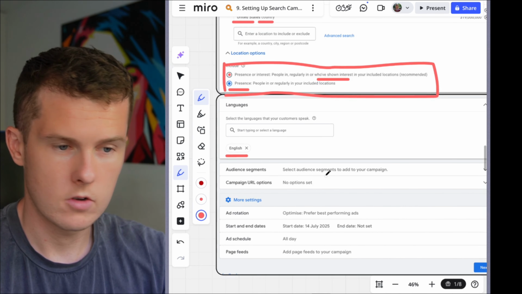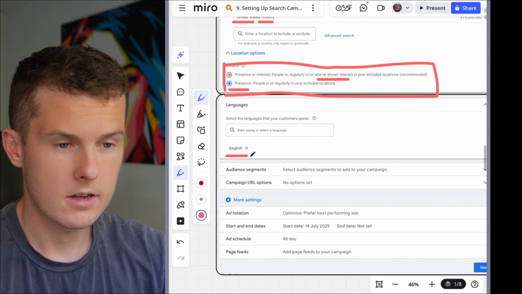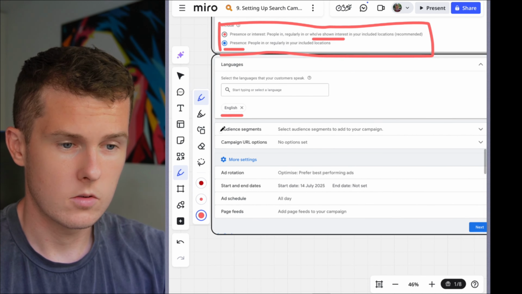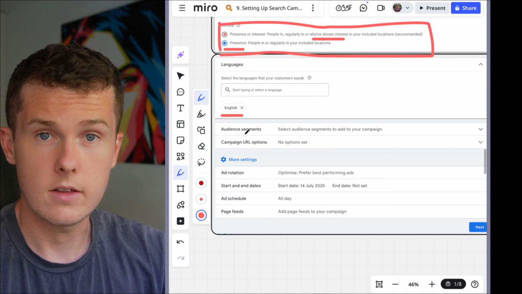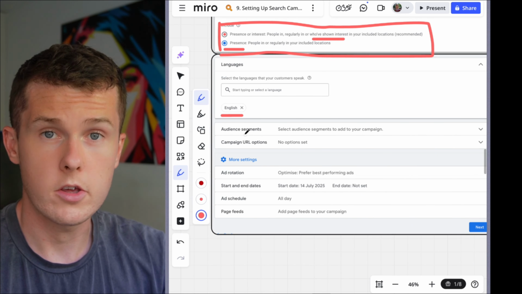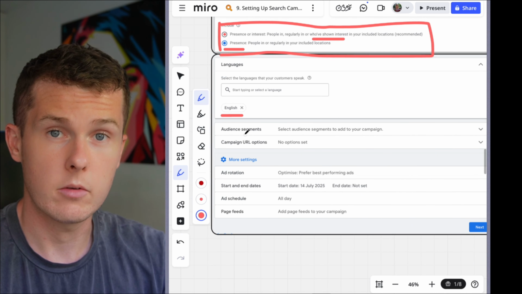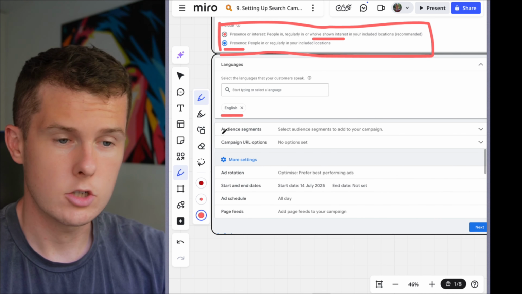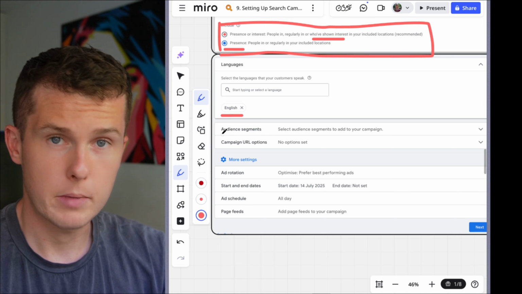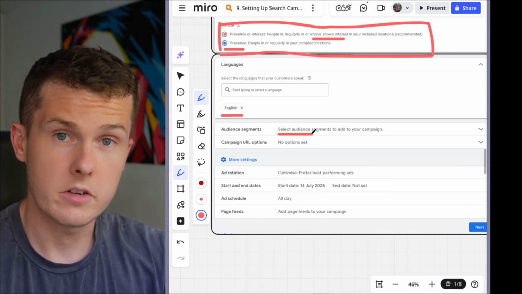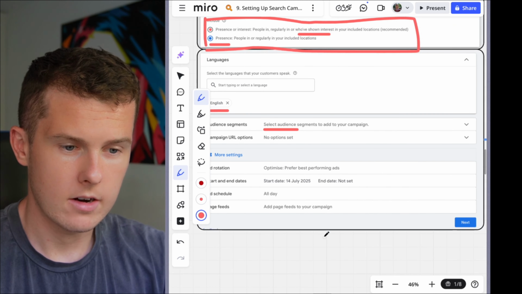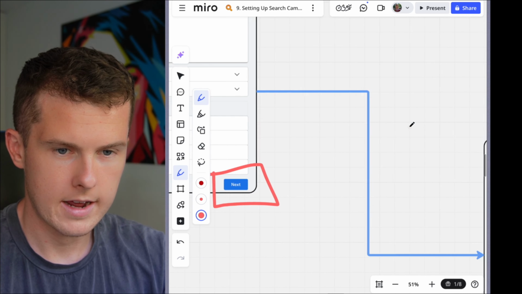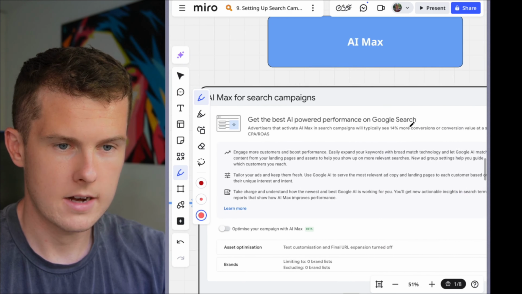Languages is next, so unless you want to serve maybe in Spanish as well, just set the default to your target location. So we're moving on to audience segments. You can either target people directly or you can just have audience segments in the background so you can observe performance within individual segments. You don't have to choose any audience segments, you can leave it blank, and in that instance that's what we're going to do now. And beyond that then, everything here I have set up at default settings. I'm going to move on, click next,